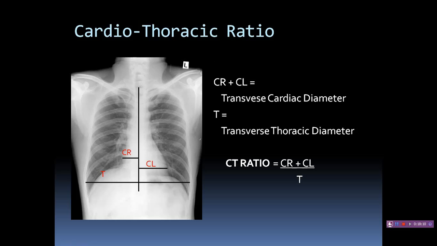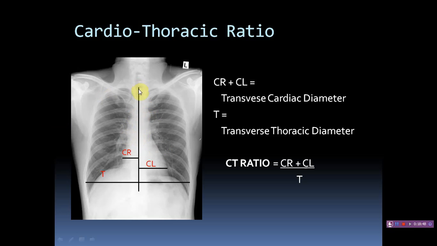Then next we come to the cardiothoracic ratio, one of the important ways to identify cardiomegaly. The size of the heart is measured in the chest PA view, not the AP view. In the AP view we will not measure; only in the chest PA view we measure this cardiothoracic ratio. But nowadays we have plenty of echo, ECG and other facilities, due to which the cardiothoracic ratio is not so popular. In the olden days it was very popular.